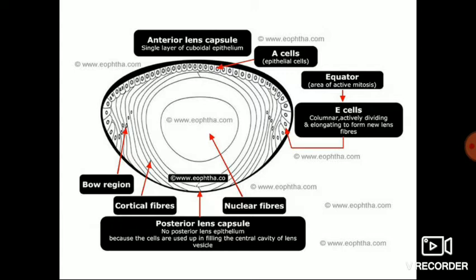At the equator, the cells of the anterior epithelium become elongated and columnar, which are also called E cells. These elongated epithelial cells are transformed into the lens fibers at the equator. The band consisting of the pre-equatorial and equatorial cells is called the germinative zone. Here the mitotic capacity of the cells is at maximum. The cells in the germinal zone divide constantly. The newly formed cells are forced into the transitional zones where they elongate and differentiate to form the fiber mass of the lens.